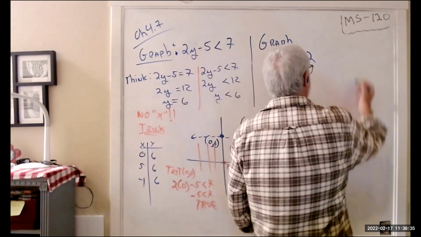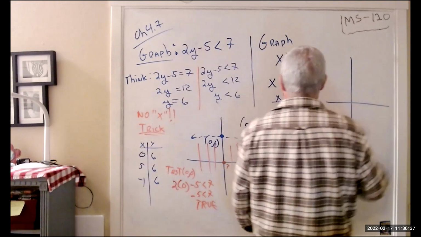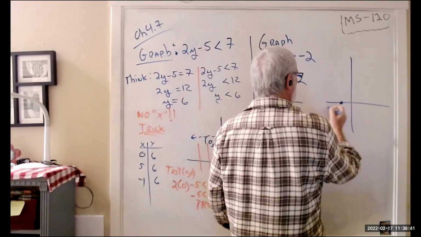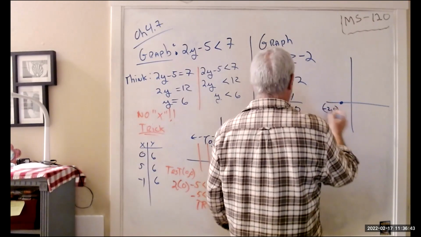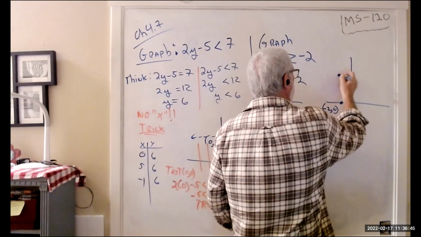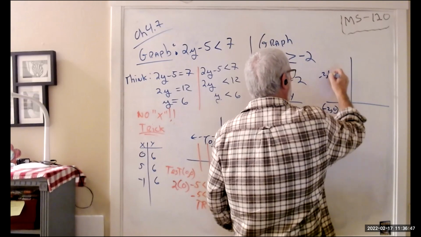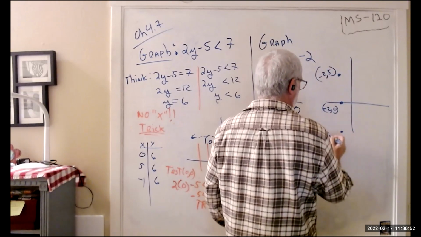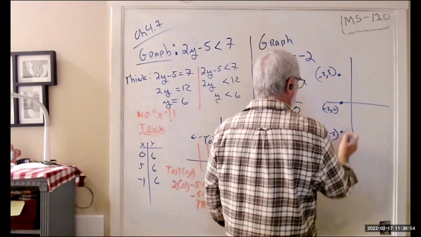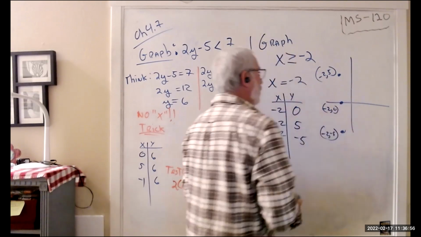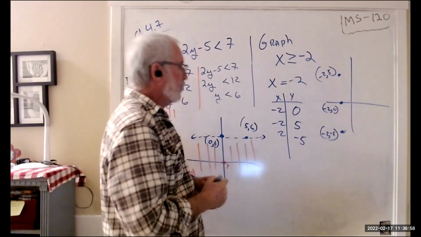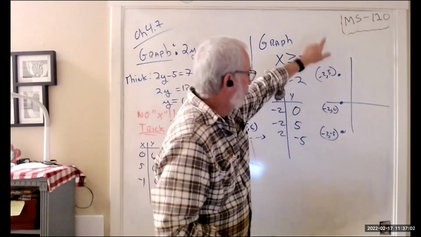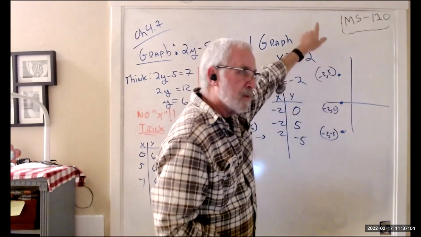So you plot that: -2, 0, -2, 5, and down here, -2, -5. With those three points, I can see that my line is going to be a vertical